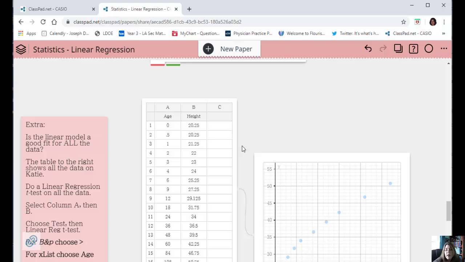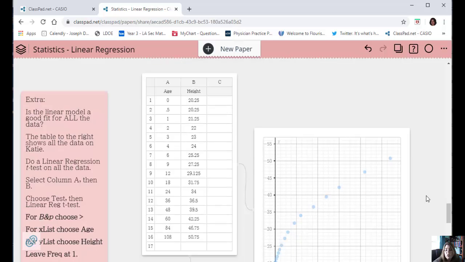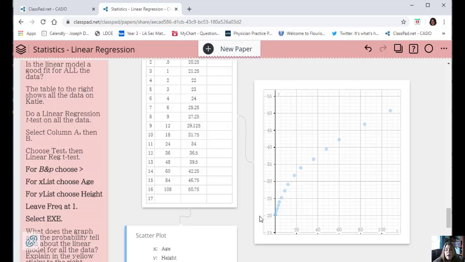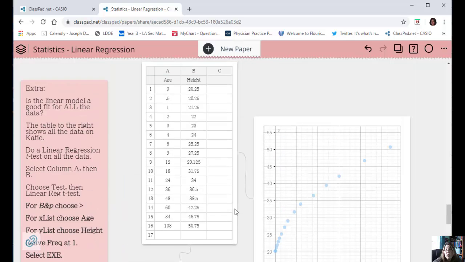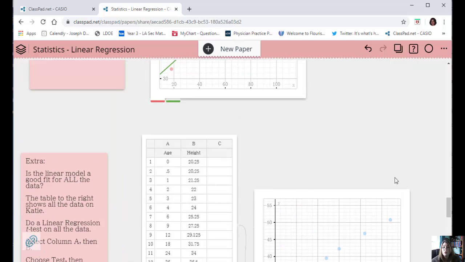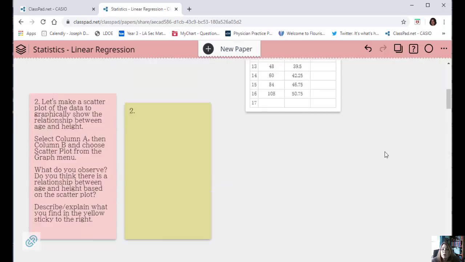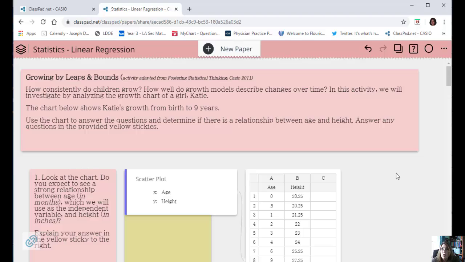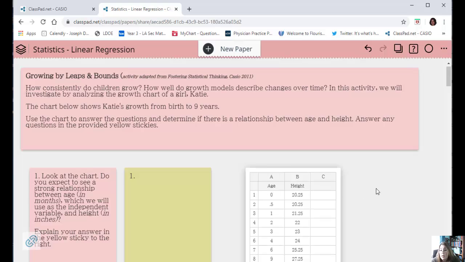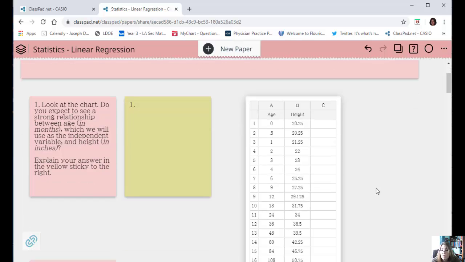And then finally at the end, they're going to go back and look at all of the data again. You'll see we have that scatter plot from all the data, and they're going to do another linear regression and see if that's a good model and compare the precision, the probability of that being a good fit. This is probably more high school level. Obviously you would want to have already talked about what a linear regression is and how you find the equation, all those types of things. But this is a nice exploration of looking at real data, comparing and breaking it down, looking at different parts of it, and thinking about the models that would fit it and whether they are good fits or not.